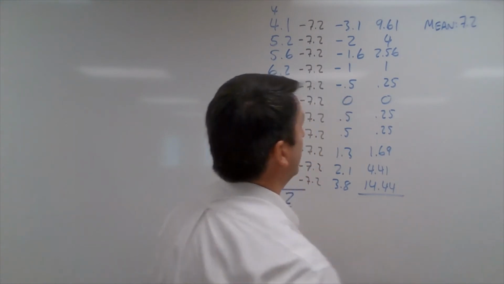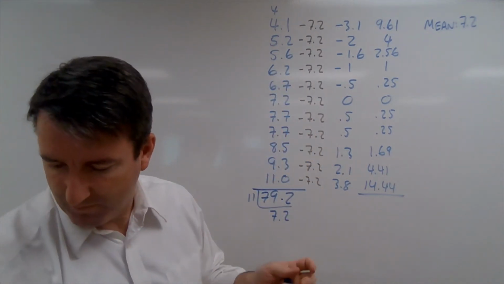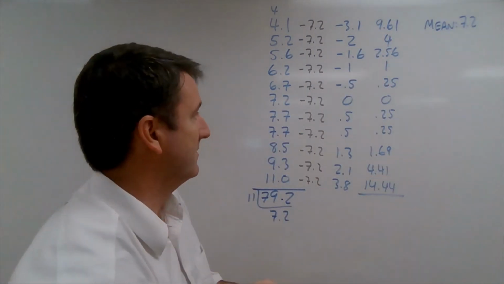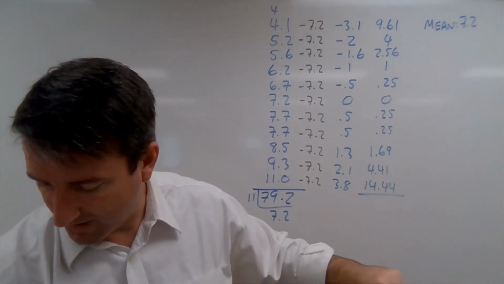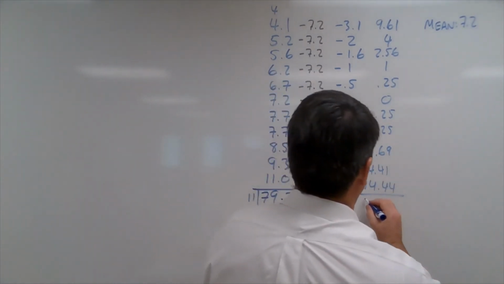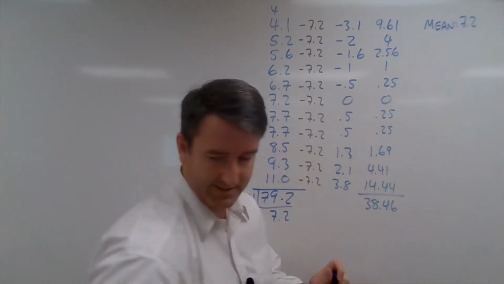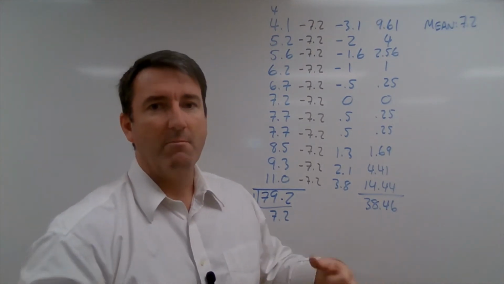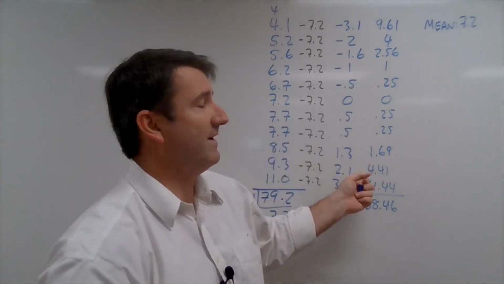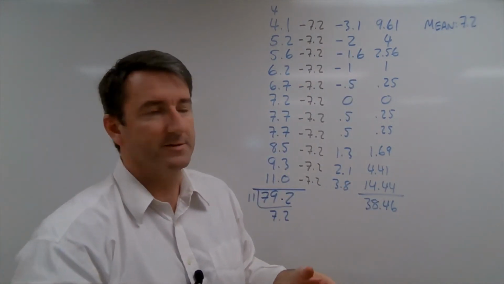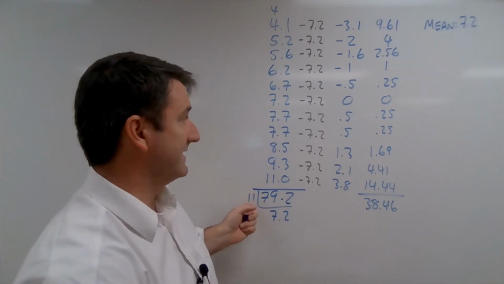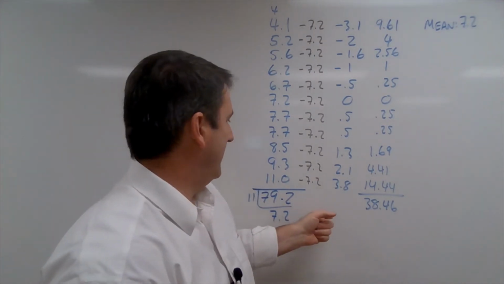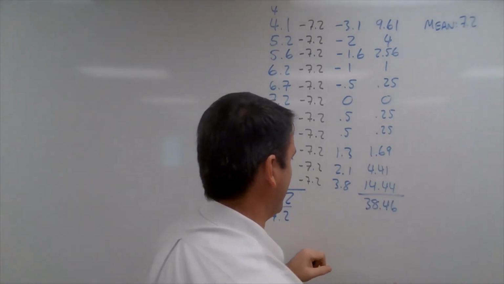All right, now let's add up all of the squares of the deviations from the mean. And I've added those up, and these come out to 38.46. Now we're going to divide this number by the total number of values minus 1. So the total number of values, which we used for the mean, is 11. Now we're going to divide by that minus 1. So we're going to divide by 10. So if we divide this by 10, that's going to be